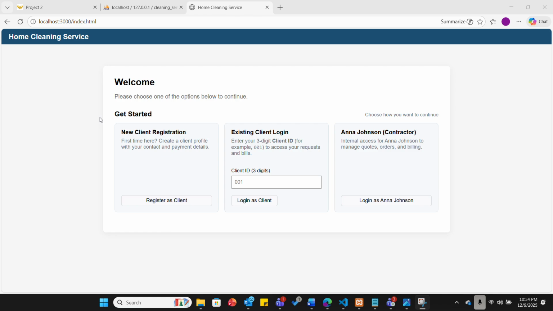Yeah, and along with implementing the main workflow, our project also includes analytical dashboard features for Anna, such as identifying frequent clients and uncommitted clients, prospective clients, overdue bills, and the largest completed jobs. And overall, this project demonstrates the design of a full stack system, starting from the ER diagram and a relational schema, moving into database implementation and finally building a functional web interface that performs all operations